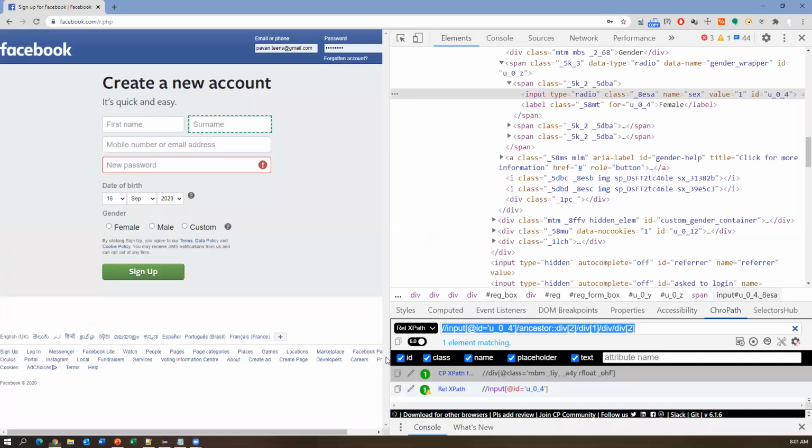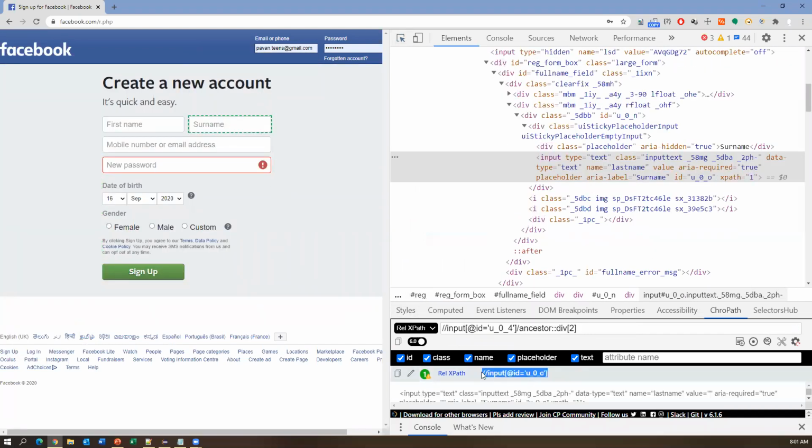And we can also write the same thing in a different way. Instead of writing multiple div tags, guys, we can just go till this, and this represents the form, right? So inside the form, surname is available. Once you reach this form, let us inspect the surname directly. This is the XPath of the surname, so you can directly specify slash and specify this. That's it. And this will also be able to locate the surname.